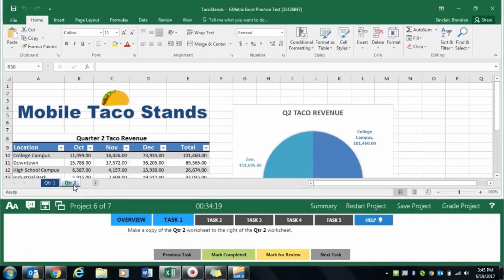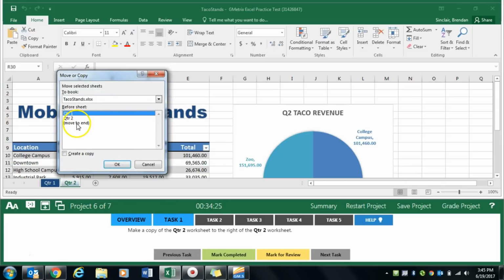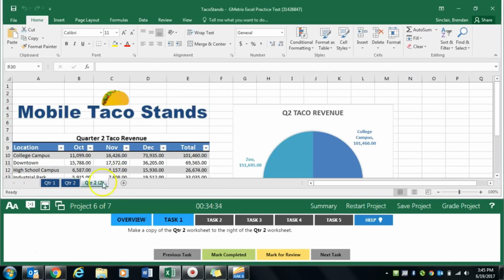So we'll go ahead and select that Quarter 2 worksheet. We're going to right click. We're going to click Move or Copy, and we're going to click Move to End because we want the copy to come to the right of Quarter 2. And we're going to make sure that we hit Create a Copy and then click OK. And it gives us a copy of that sheet and just puts the 2 in parentheses. We'll click Mark Completed. Task 2 asks us to go back to Quarter 2 sheet